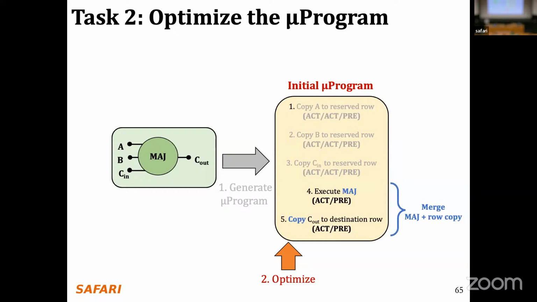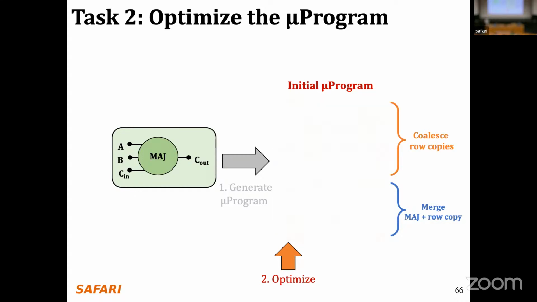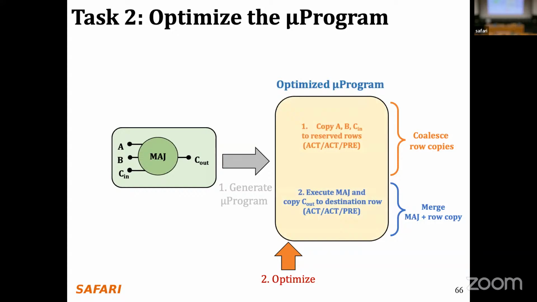And I can also merge some majority operation followed by activation, because if you think about this, this is basically activate followed by other 2 activations. And then this gives us triple activation. So the same thing that special row decoder is doing. So by doing that, I can further optimize or reduce the number of in-DRAM operations that I need to do,